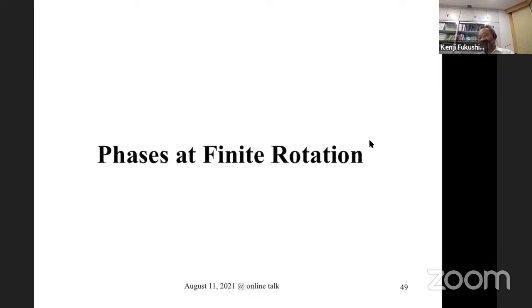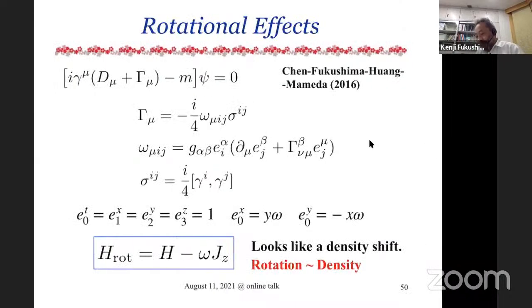Okay, so this is really interesting because you can find a very serious controversy here. And the controversy means, theoretically, a theoretical challenge, right? Well, and so this is some very simple formulation of how to describe rotating fermions. And after some algebra, you can find that the Hamiltonian can be shifted by this extra term in the presence of the rotation. This is simply the shift by the product of the rotation velocity omega times the angular momentum J.